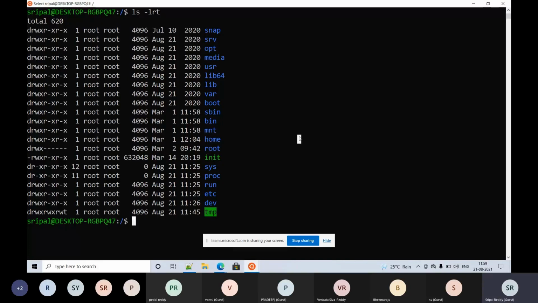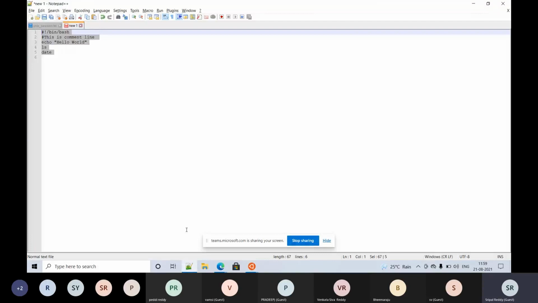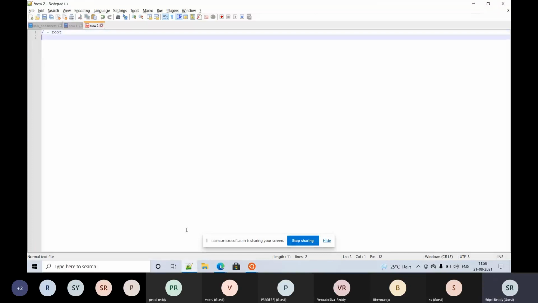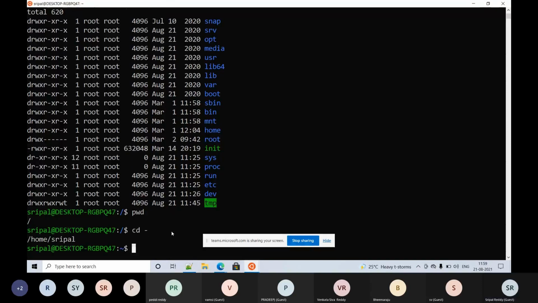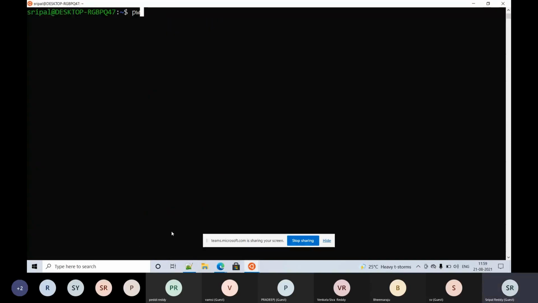Before we get there, any file system in Unix starts with slash. This is something we call root, right? So if I'm doing pwd here, you would see a path, the present working directory, right? Like this, any directory you will see starts with a slash.